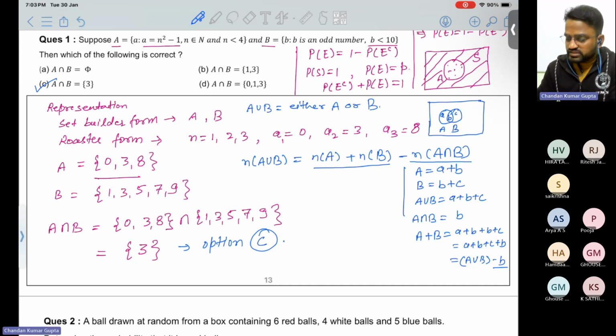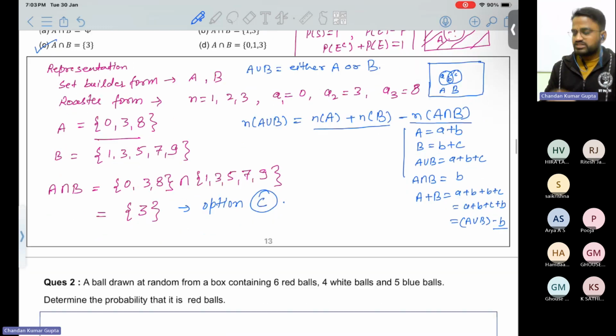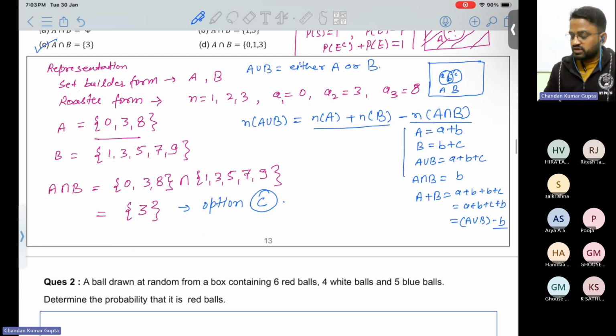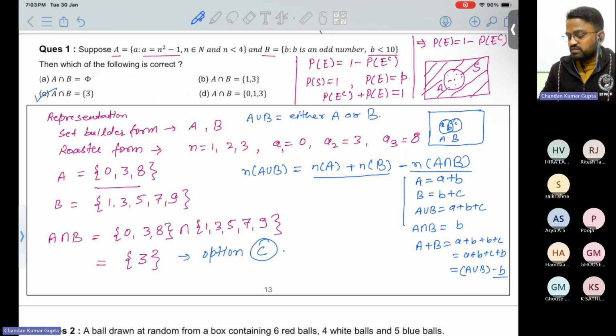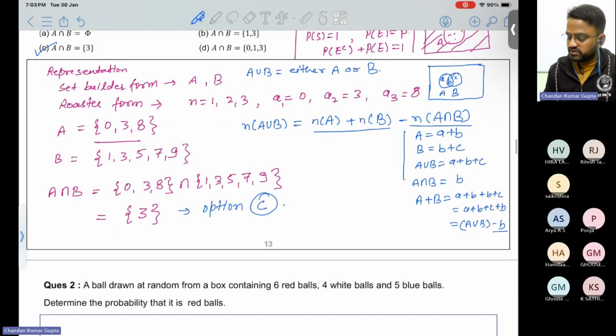Can you understand? Yes, sir. Okay, it's a very simple thing. Just try to visualize things. The first lecture of the first year is overall a logical thing. If you don't know, just try to visualize what this is. Here you see that in A and B, B is counted twice, so we need to subtract it one time. This is the common portion, subtracted one time.